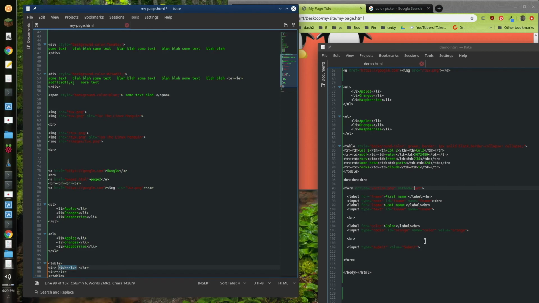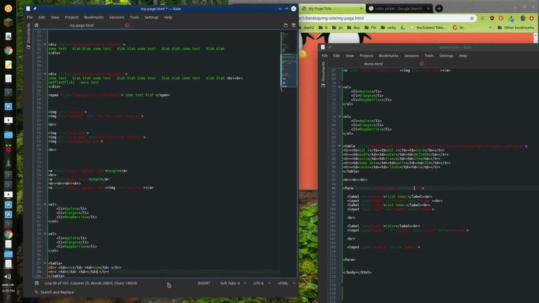Then you're going to have, let's say we have 2 of those to make it the simplest possible demo of a table that's still actually something. So we're going to have 2 rows, and each row is going to have 2 cells. So we have opening and closing tr for 1 table row, and then another table row. We have opening and closing tag for 1 table data, and opening and closing tag for another table data, which is a cell. Now we're going to say 1,